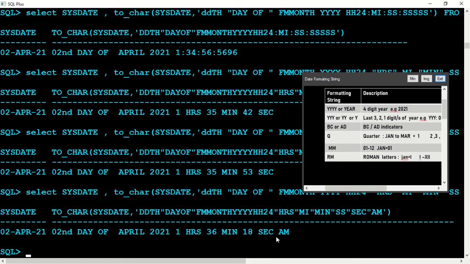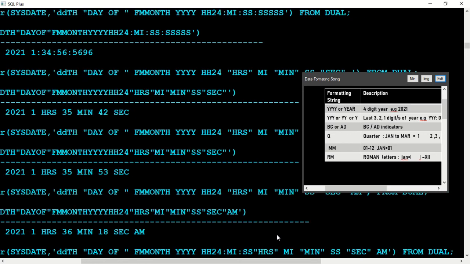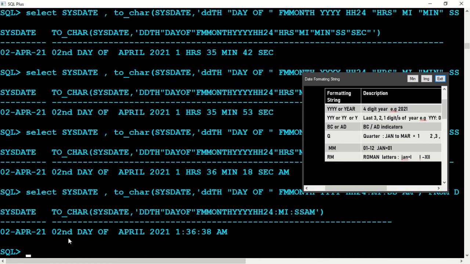Now it doesn't look nice, so we'll write it with colon, right? Minutes, MI, and colon SS. I'll remove everything up to here and write AM. So 22nd day of April 2021, 1 hour 36 minutes 38 seconds, and this is AM.